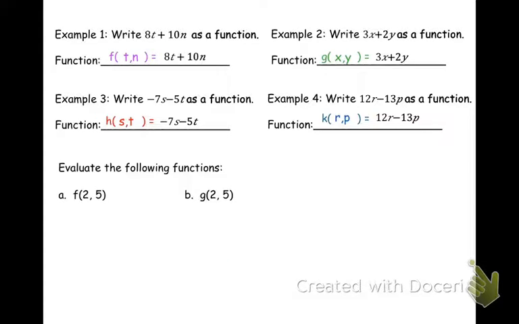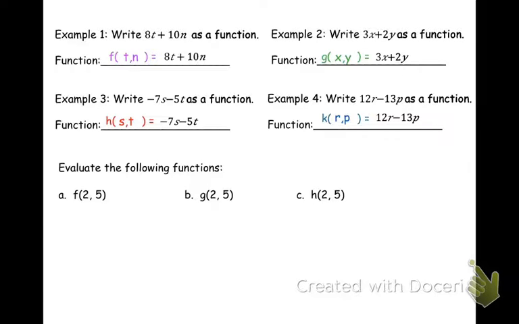All right, this next one, I'm still doing now h of 2 comma 5. Where the 2 represents the first variable being s, and the second one represents the t, being the 5. So let's go ahead and substitute a 2 and a 5. We have -14 and -25, and we combine and get -39. And the last one,